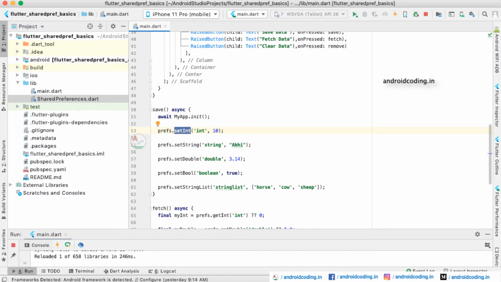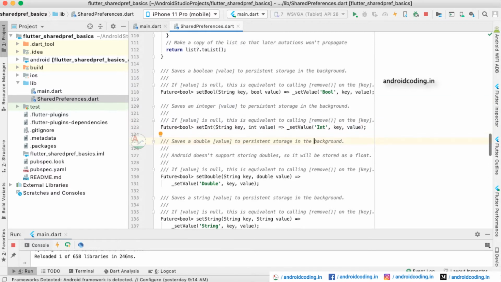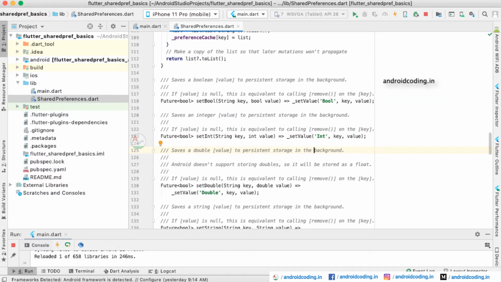When you tap on this method, you can see its implementation. What are the parameters we need to pass? We need to pass a key, and the value of the integer which we want to store. This is how we save an element of any data type.